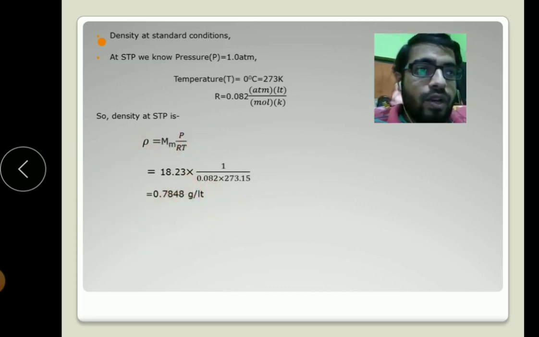The density is 0.7848. So this is all for today. See you in the next